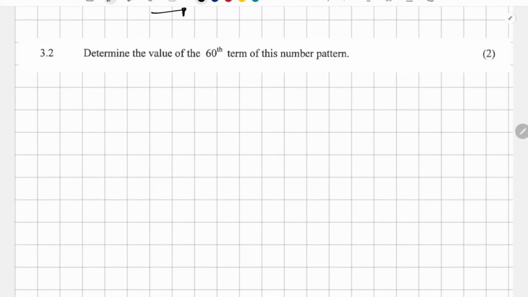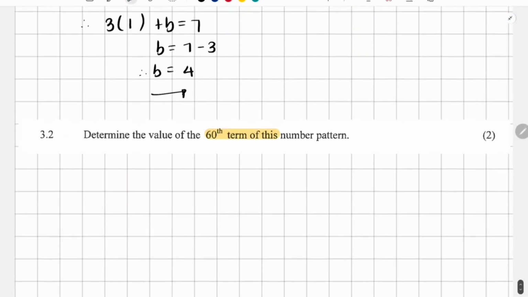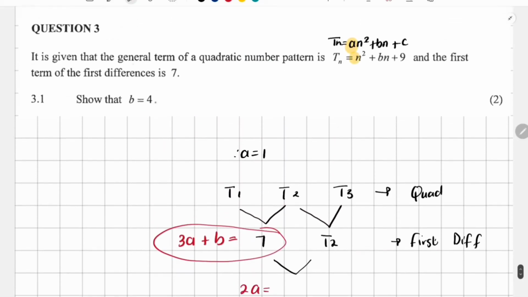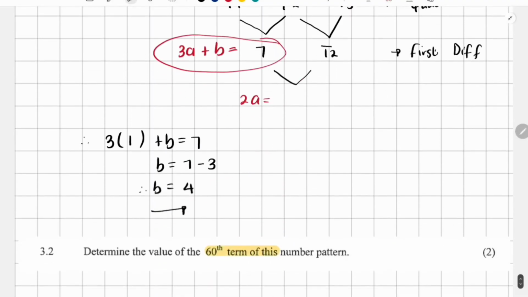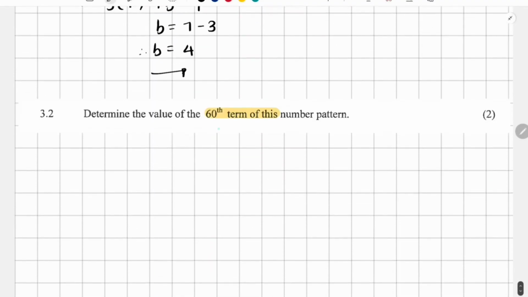Okay, and 3.2 says determine the value of the 60th term of this pattern, which is great. This is a way that you can really score marks. So even if you didn't know the value of B, you see, they're saying show that the value of B is 4, so you'd still be able to get these marks. So the 60th term, this would be term 60. So that just means that in place of n, you're just going to substitute 60 into your formula,